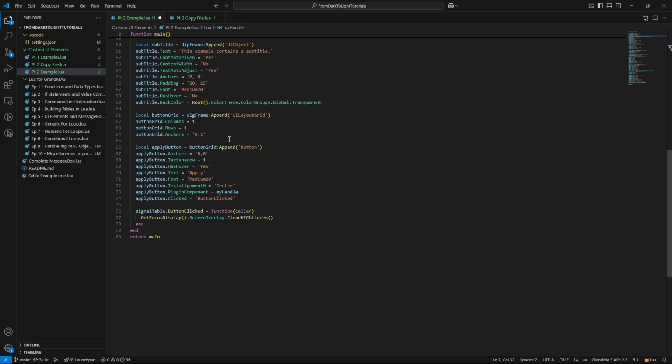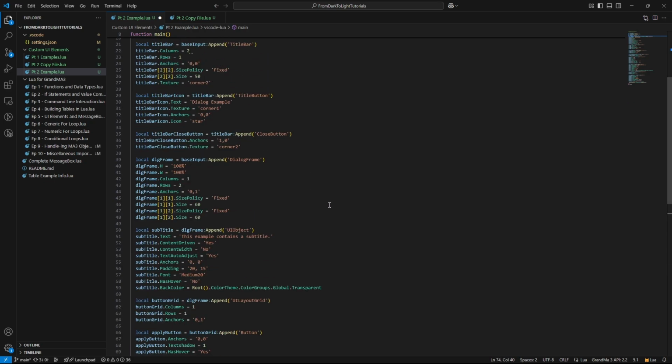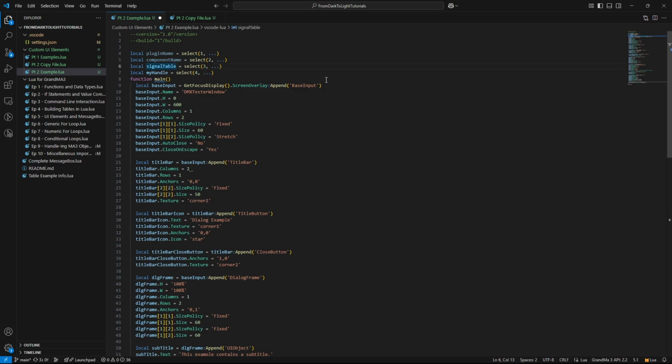We have a button grid, and we've appended a button on top of that. Then there's this thing right here which says apply button dot clicked, and it says button clicked. And so what that actually does, interestingly enough, is whenever you click on that button, it sends this value to the signal table right here.